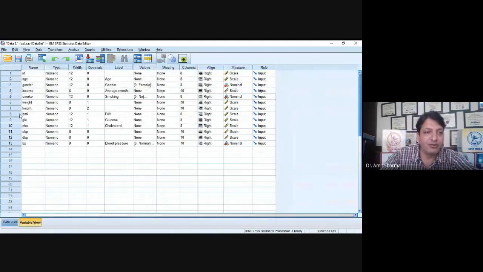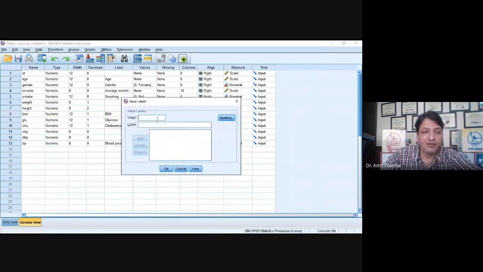In the Variable View, go to BMI and give the value labels. Give 1 to normal, okay, a person having normal BMI, that means up to 18. 2 to not normal, I will take less BMI, less BMI to 1. 2 I have taken normal.